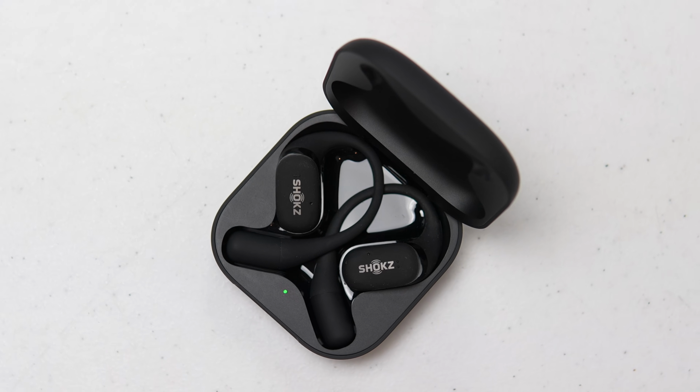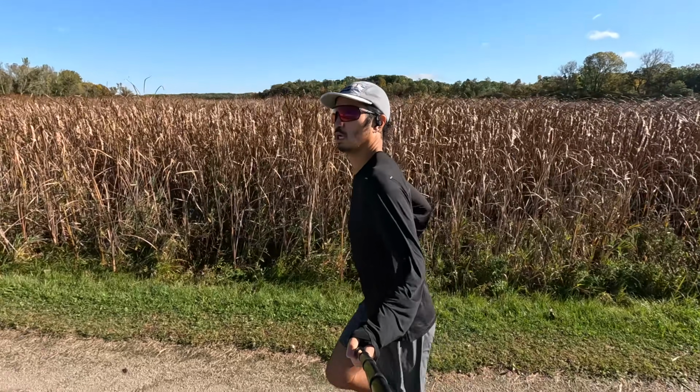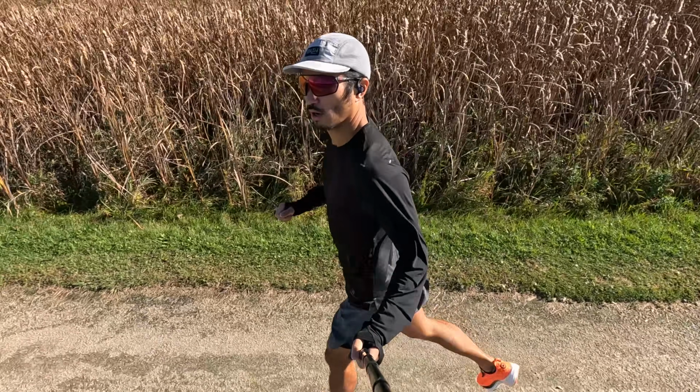And so now let's talk about the most important thing when it comes to earbuds: how do they sound? I'll say, first of all, that these are much better than bone conduction earbuds. I can actually hear some bass in the product, and I feel like the mids and trebles are very pleasant. I feel like I'm getting a much more full audio experience when I'm using the Open Fit and their